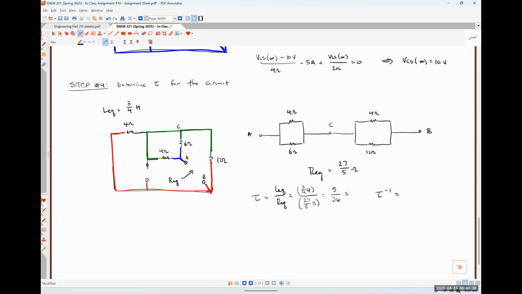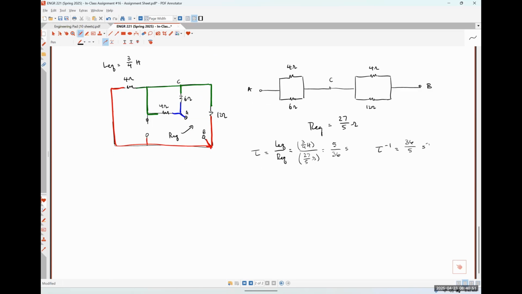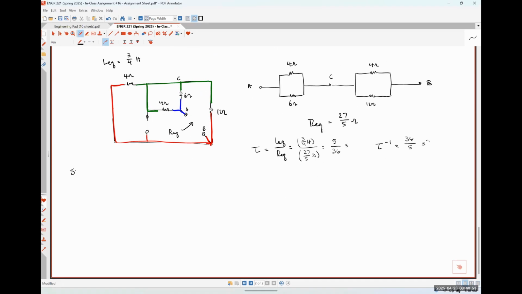And then the inverse of tau is obviously 36/5 per second. And assuming I don't have any questions about how I determined REQ, we can move on to step number 5,